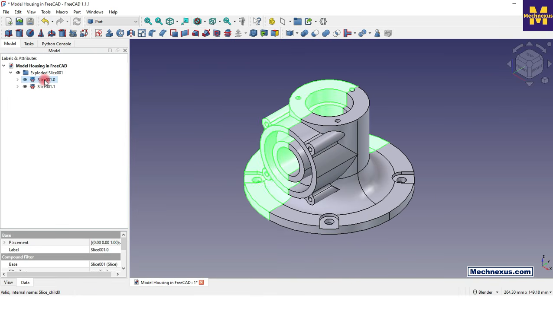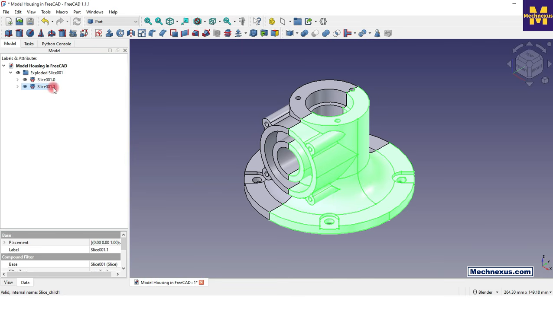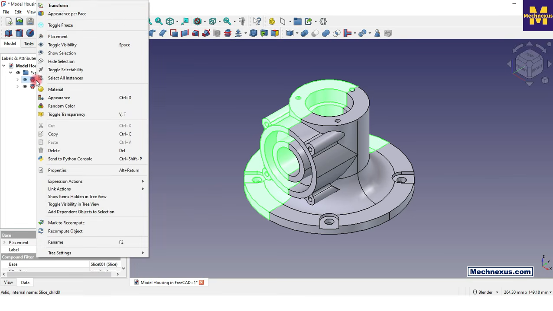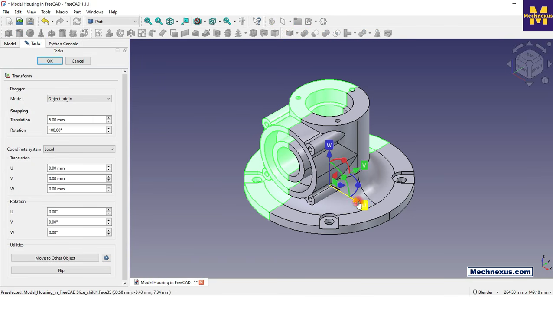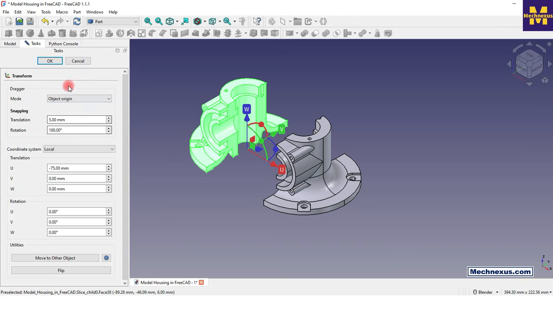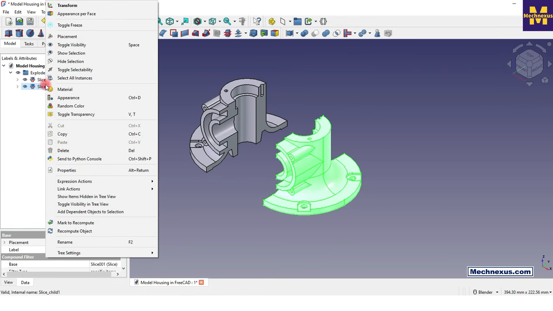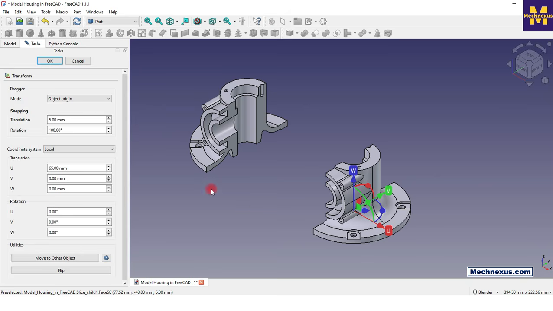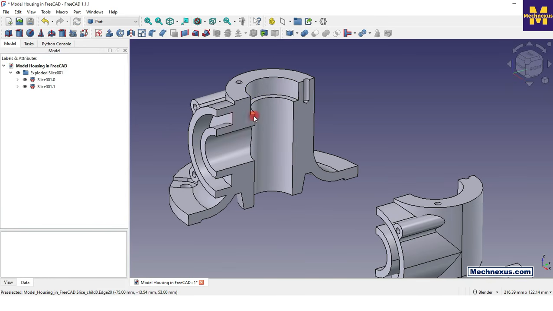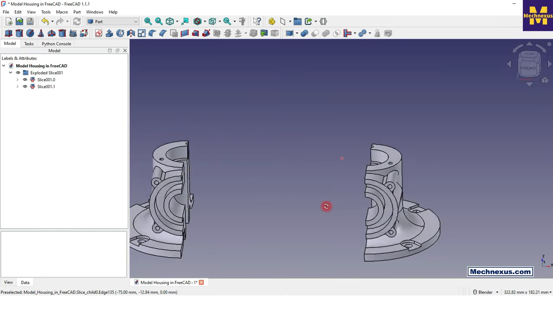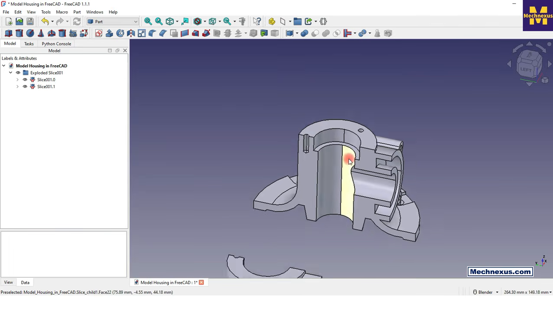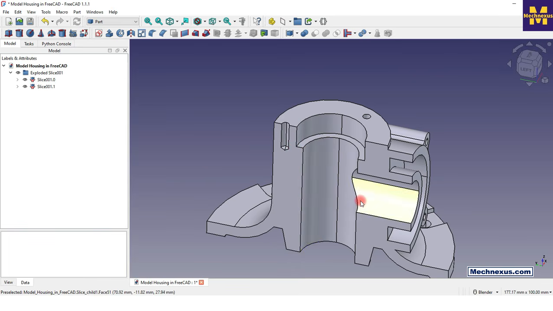Now we will go here. So we will see the two portions, one on the right and the other on the left. Now we can easily move our slice object with the help of the transform tool. Let's say okay. Let's move the other one, transform, and let's move it. So with the help of a slice we can easily take a look at the internal section of a part. Like for my housing, now I can see the internal holes, grooves,